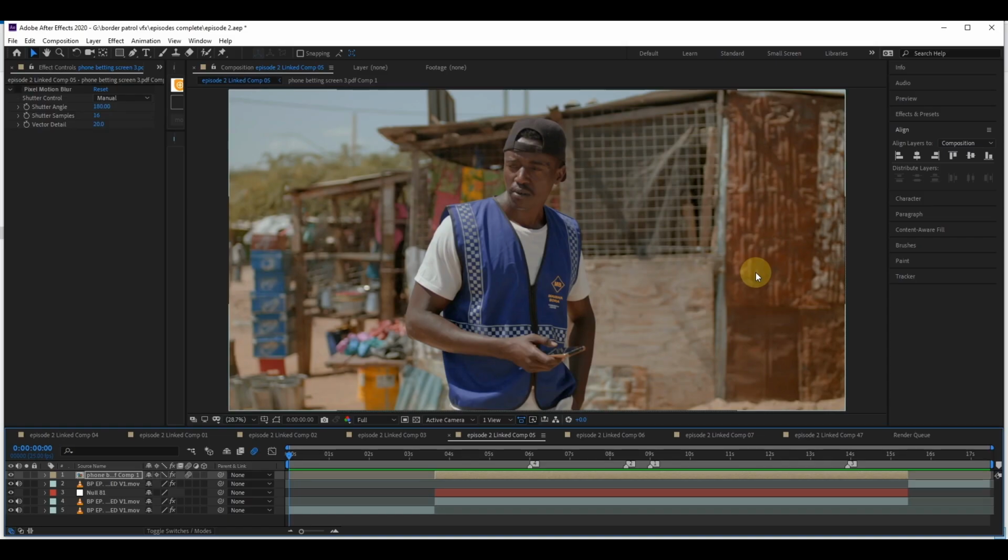So this is a scene from episode 2. Kibet and Farah had gone to the local market to do a bit of intelligence gathering, and they had dressed up as, I think, Maisha Bora staff who are doing a survey. They're just in disguise or something. So let me just play what's happening, then I'll show you what we did.